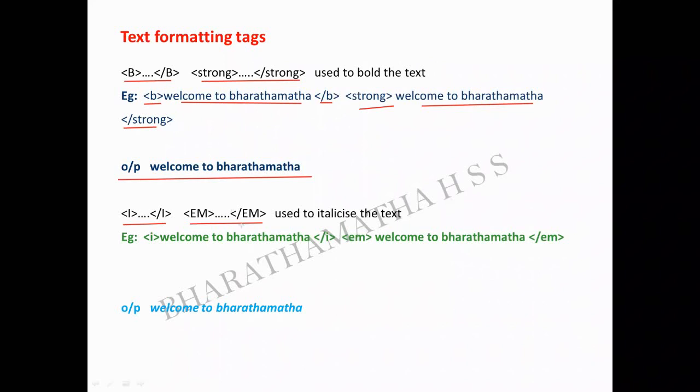All these are your container tags. See the way it is written. Write the I tag, write the content, then you will close the I tag. In the same way write EM inside angular brackets, place the contents, then close the tag. So this is how you will be writing your tags. Is it clear? The sample output I have also given you. Is this part clear? Okay, the next one, a few more tags we'll see.